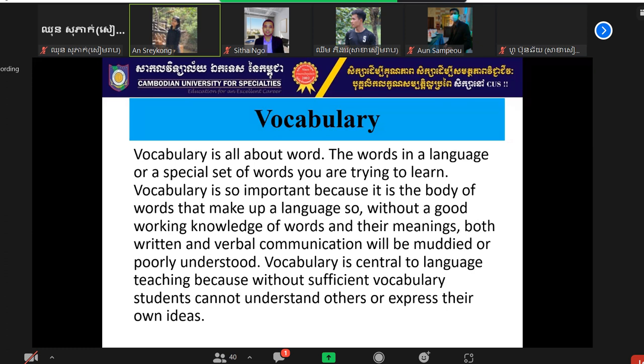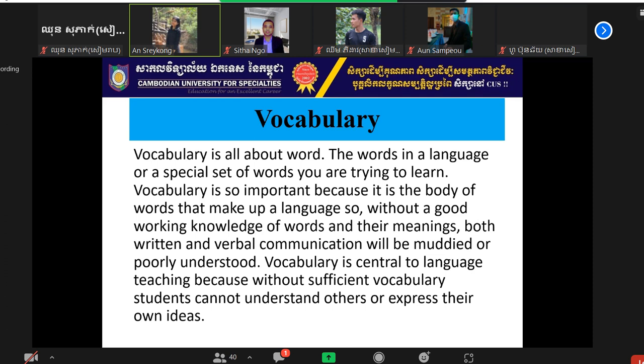Okay, this is my point to talk about vocabulary. Vocabulary is all about words, the words in a language or a special set of words you are trying to learn. Vocabulary is so important because it is the body of words that make up a language. Without a good working knowledge of words and their meaning, both written and verbal communication will be muddied or poorly understood. So at this point, teachers and parents can emphasize reading and verbal communication with children to help them build a strong